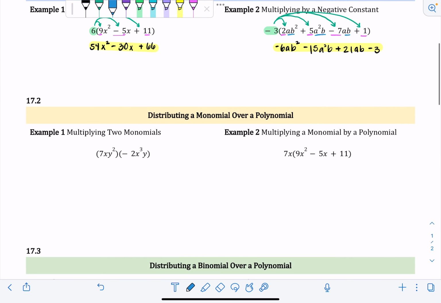So this is distributing a monomial over a polynomial. A monomial is usually a product of a regular number, like a constant, and one or more variables. There could be exponents, but it's one term, meaning with a monomial you won't typically see plus signs. So example 1,